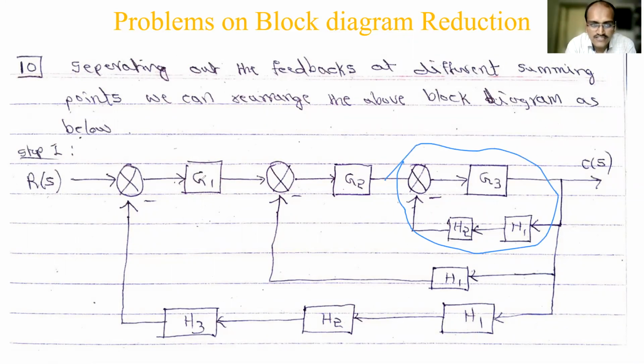See here, when you see G1 here, this is a summing point and this is the takeoff point, with H1, H2, H3. In between there are many loops, so it should not be like that. It should be like this only. It should have the nearest summing point, nearest takeoff point, and a loop.